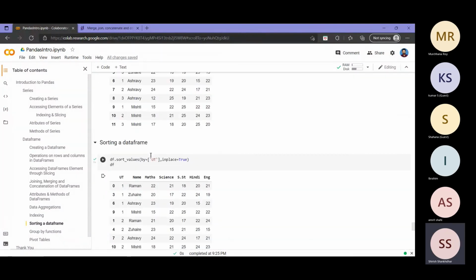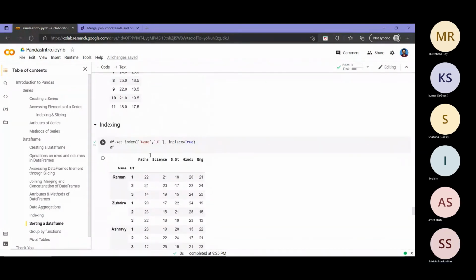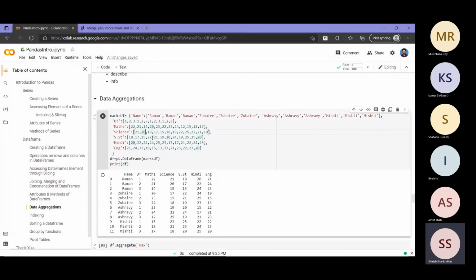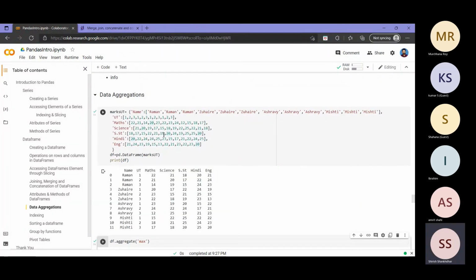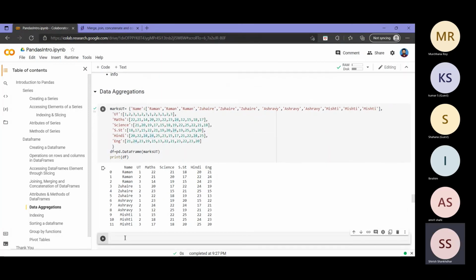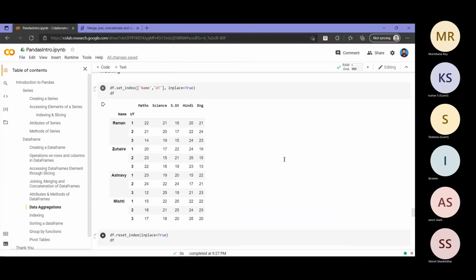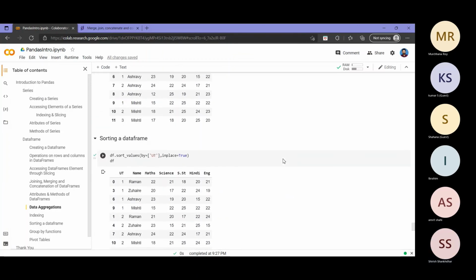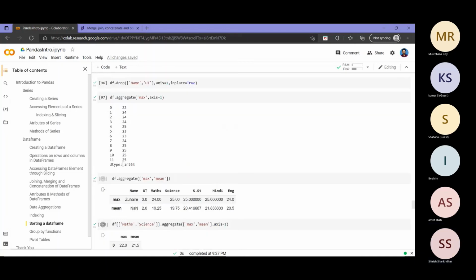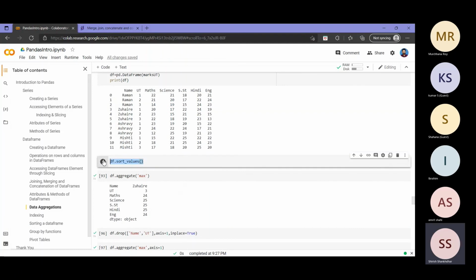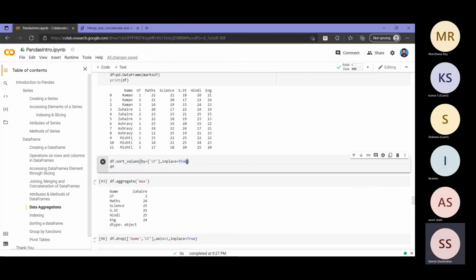So one simple example I will tell. We will go to our notebook itself. I have a data frame here, and now I am running sort values. Same thing we will do here with in place and without in place. We will try and let's see what happens. Without in place, we will try first.